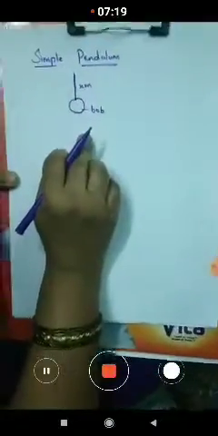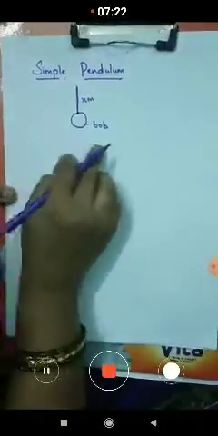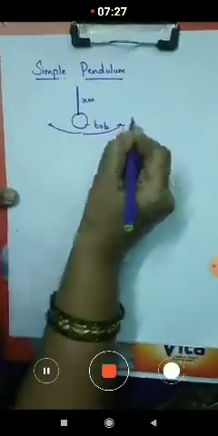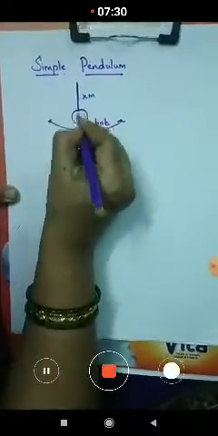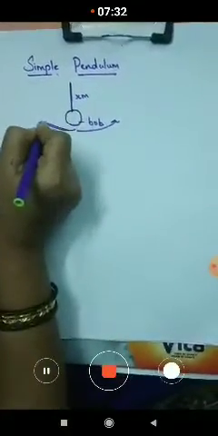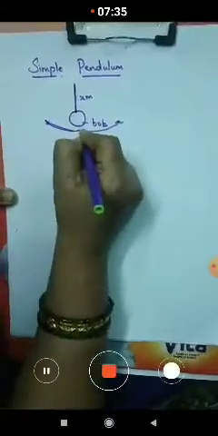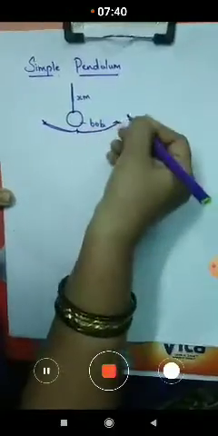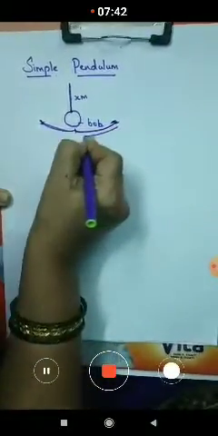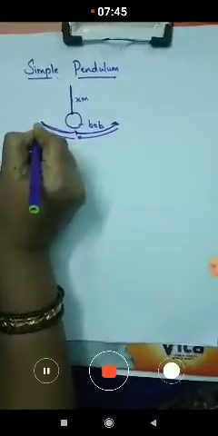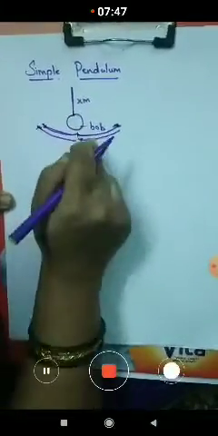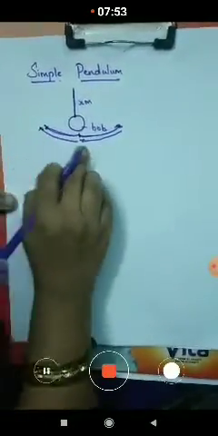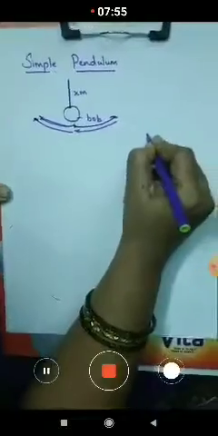Now this bob moves from one position to another position. As we push the bob, what happens, children? It moves backwards, then again it moves forward and comes to the center, and again it moves forward, and then again it moves backwards, comes to the center, and again moves backwards to this position. Here we can observe this movement in the swing.